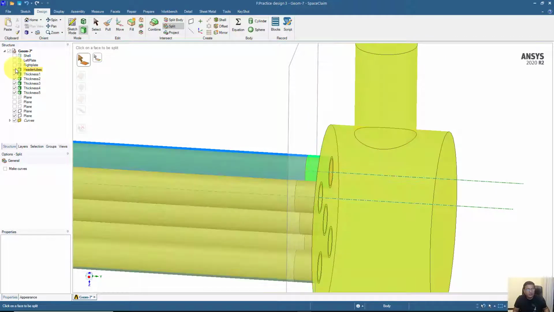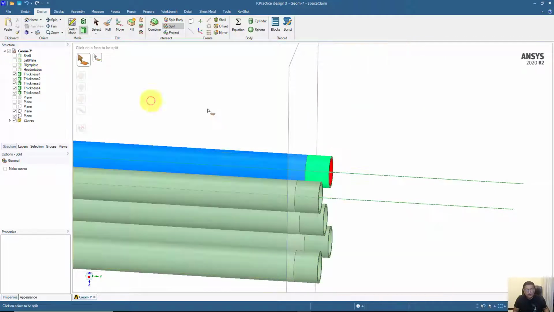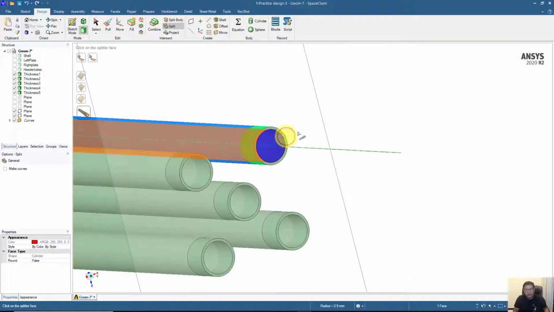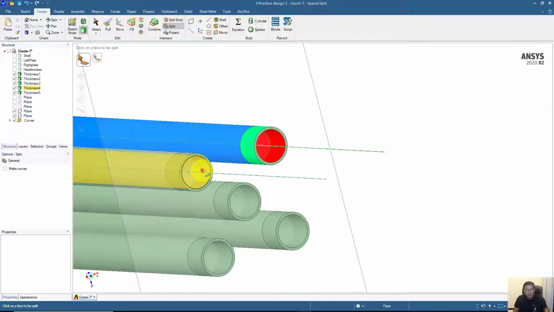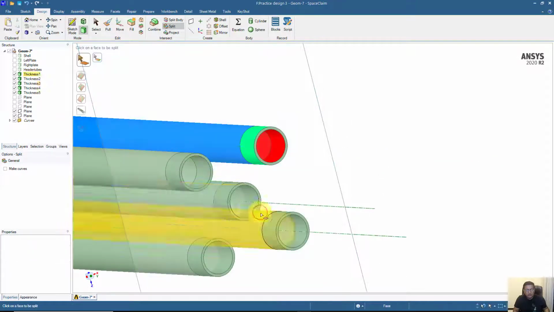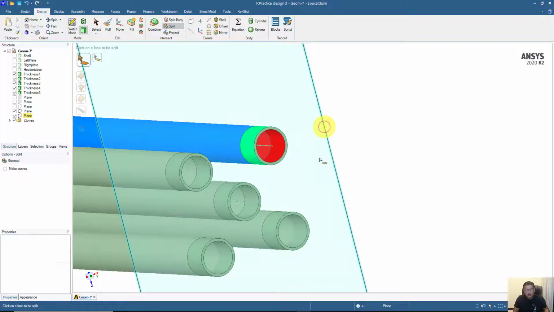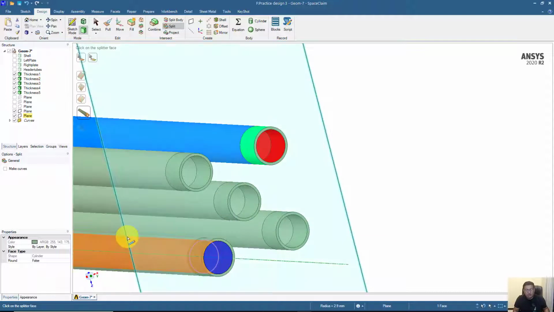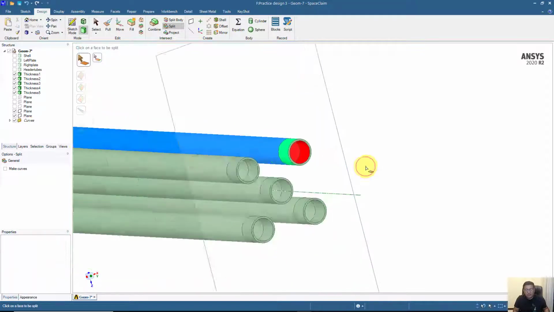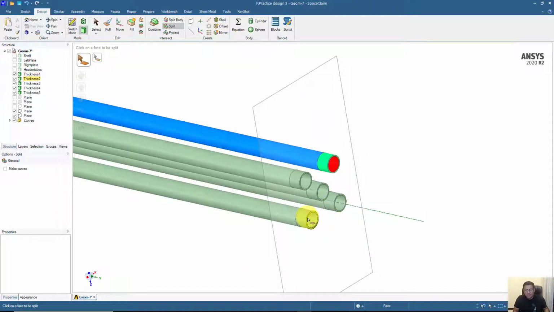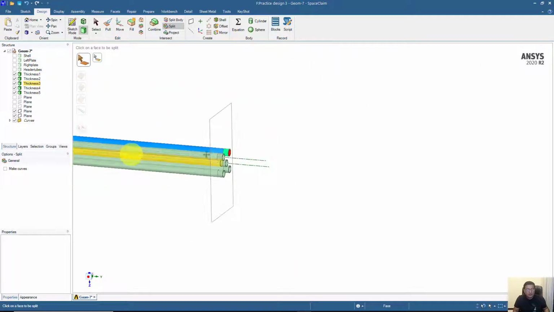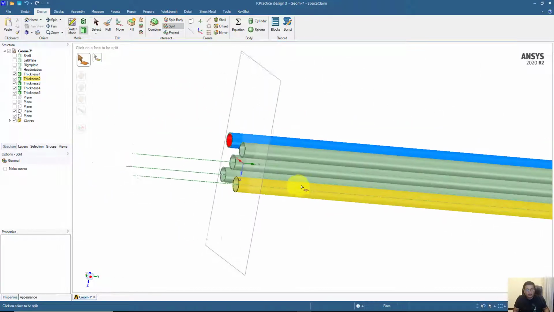So I think we can go ahead and split these bodies from inside also. So inside as well, and just make sure that when you select the interfaces in ANSYS meshing, they are placed at these proper locations. And this will be done also on the other side.